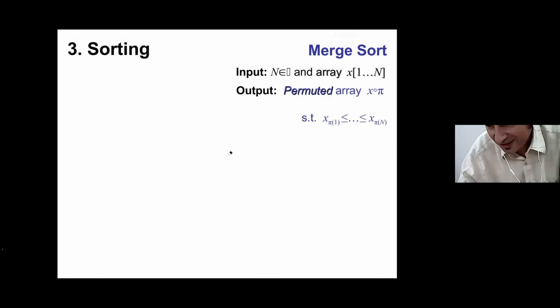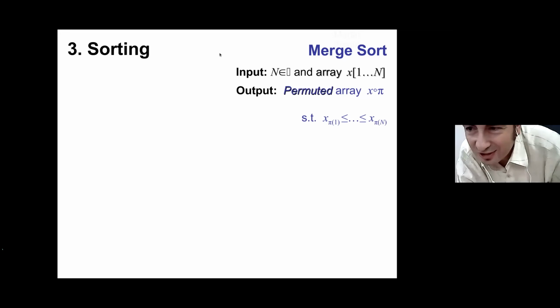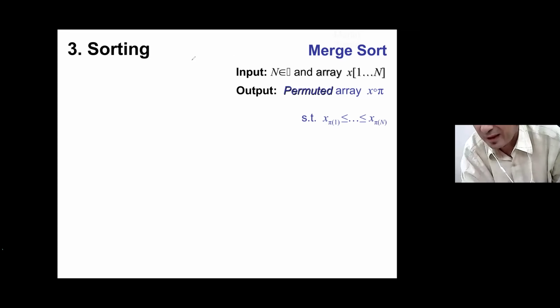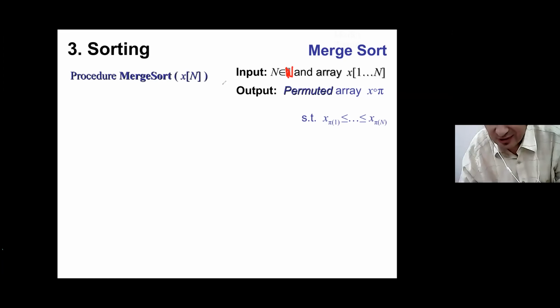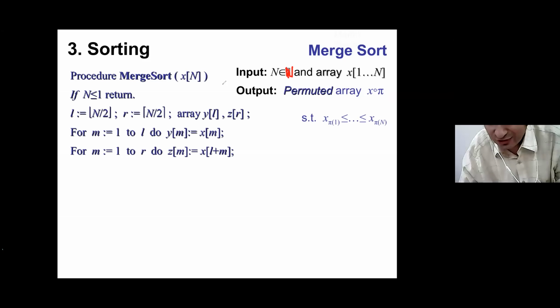So this is the idea behind both the merge sort and the quicksort. They are similar in some way, but let's start first with the merge sort. How does the merge sort work? Here we have the natural numbers. And the idea of the merge sort is